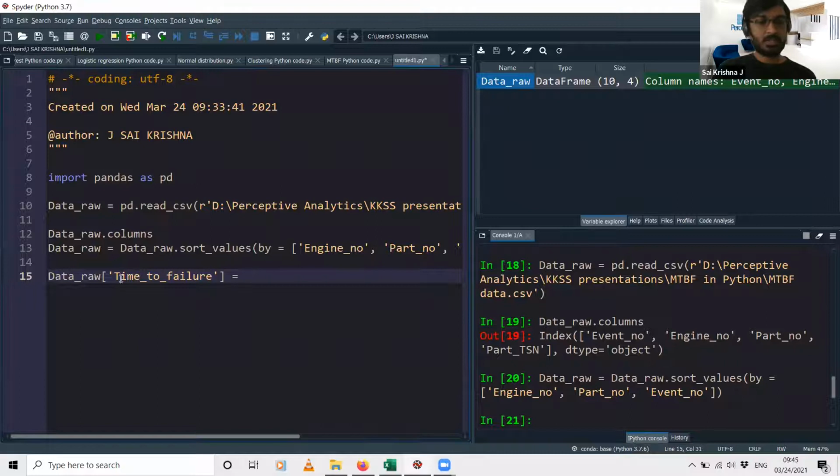So the name is time to failure, and the formula is basically, in the same data set, data_raw, we will be applying this function called group by. Group by, first is engine number, and the second is part number.